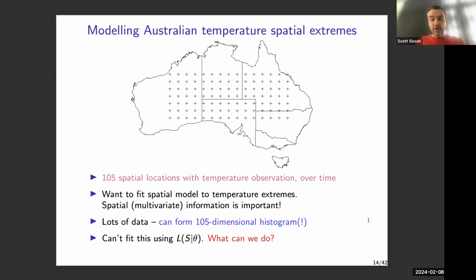Now, say this is an analysis where I want to use histograms because we've got too much data. Then we can construct histograms, but the histograms are going to be 105 dimensional. And that's going to have a lot of terms when we're trying to do this closed form integral. So it's not viable. So what can we do? When you fit spatial models, a lot of the time most of the information is, from one location, what's the relationship between the data there and another location. So it's kind of a pairwise construction.